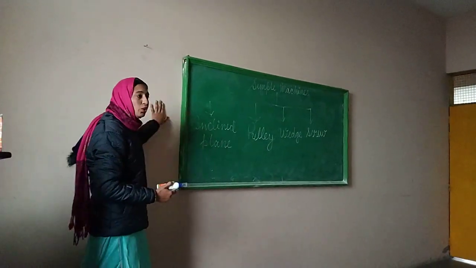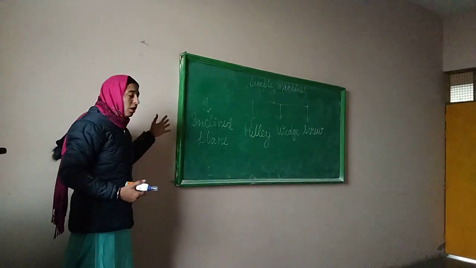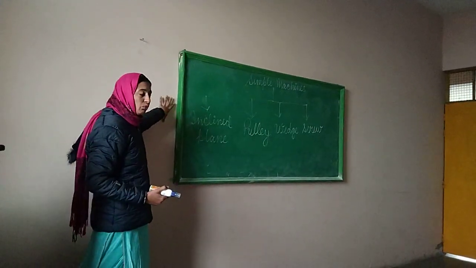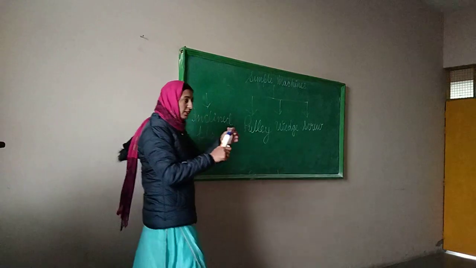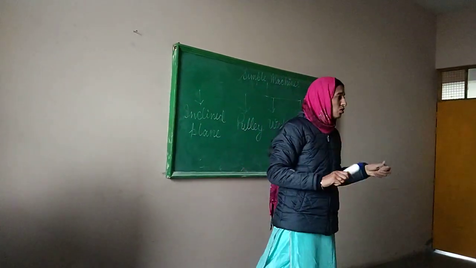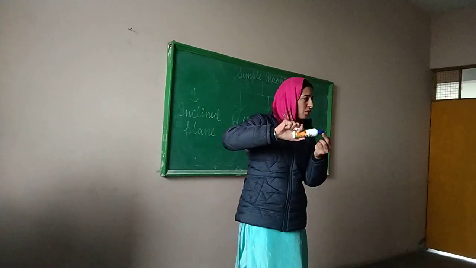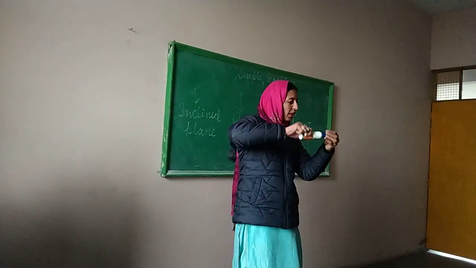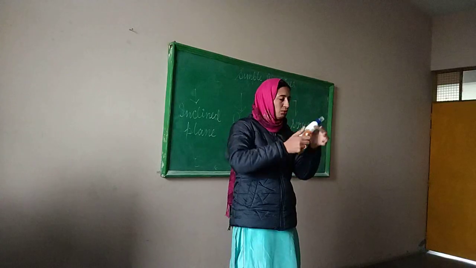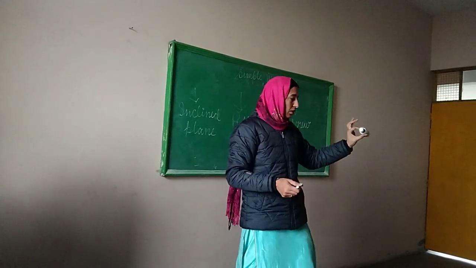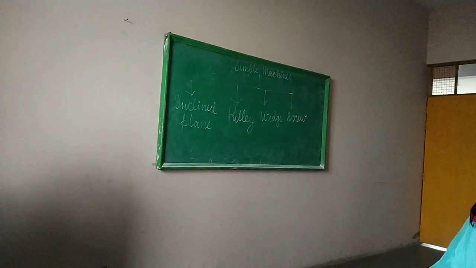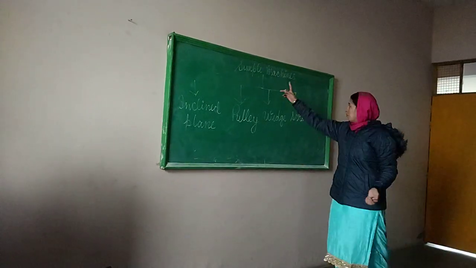This wood is connected to the wall. How? It is joined with the wall with the help of a screw. And this is a bottle. Bottle opener is also a type of screw. But how? You can see it also has grooves. When we rotate it like this, it helps us to join two things together tightly. So this is screw. Next type of simple machine is